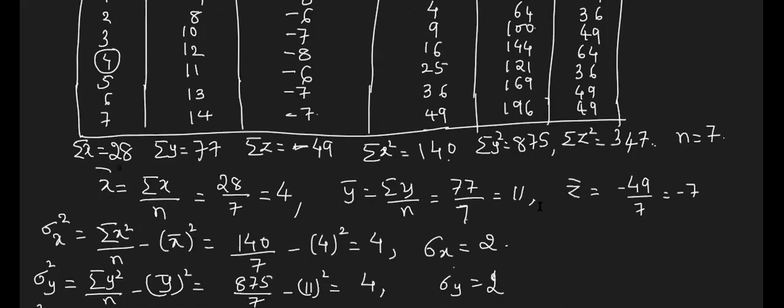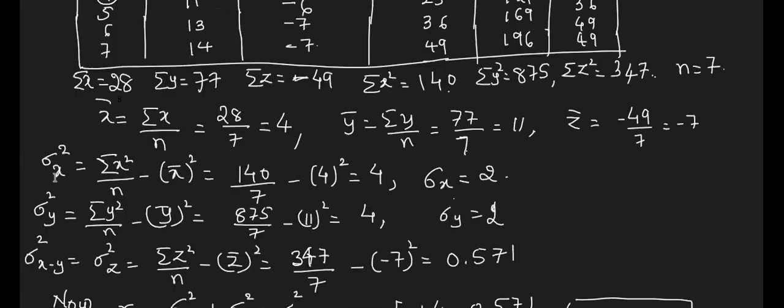Okay, so depending on these values, now we can easily calculate what is variance of x values. So sigma square x is given by summation x square by n minus x bar square. So if you substitute and simplify, it is very simple value as 4. Take root of 4, which is nothing but 2, that will represent sigma x. Similarly, calculate sigma square y by same formula, but instead of x, use it as y. So the answer is again same here in this case as 4, sigma y is 2 again.